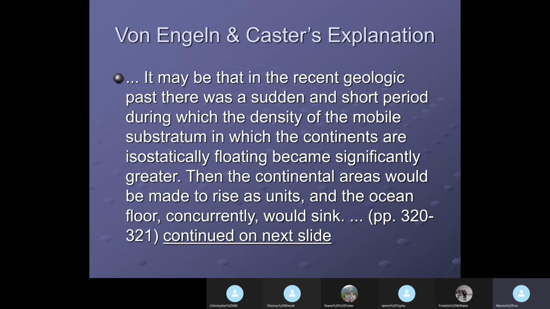Now, you would have to pull large amounts to raise them up. You'd have to deposit large amounts of light material like aluminum on the bottom of these cratons. Then if you let them sink back down, you got to take it off. Well nigh fantastic amounts of material to make it move up and down. But if the tidal water was pulled out of the ocean that went across the land, it would make it sink, and it would raise the ocean basins, and then they would sink back down when the water went back in. All of that would explain these